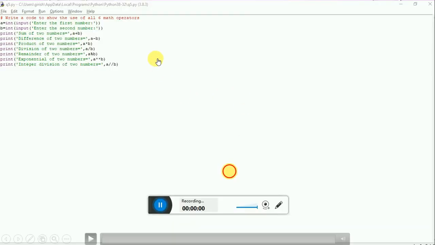Now let's see some examples. That's a program code. From here onwards all the program codes are written in the script itself, in script mode. After that we are saving it with the program name .py. After that we are running it. First of all you can see the script written in script mode. Let's see that.